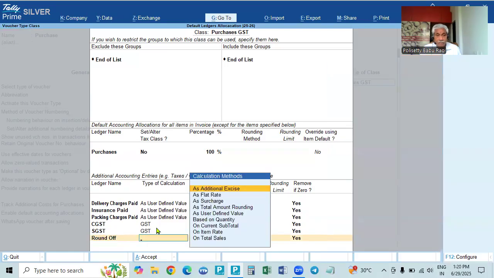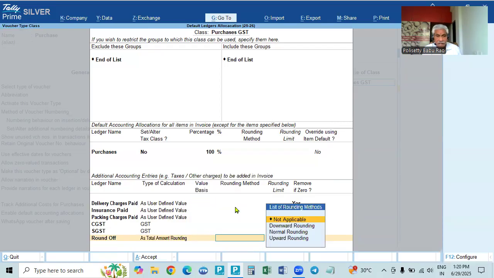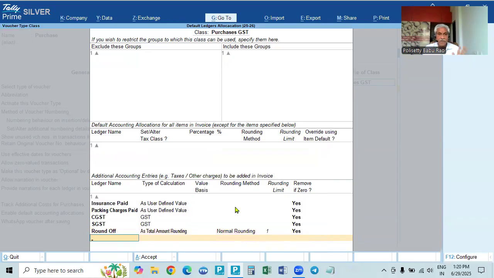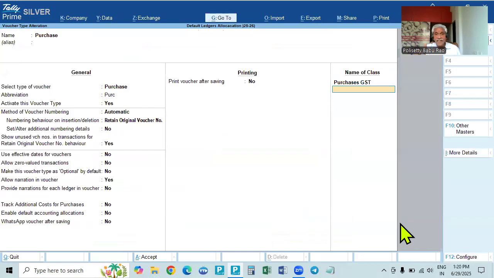So we will take up round off. This round off will be for the invoice price, that is, total amount rounding. Total amount is invoice price. Total amount rounding, accept, and then normal rounding method, and limit is 1. Like that we have to calculate. If there are any other expenses, we have to select accept. And this is for the local. Now we will select purchases